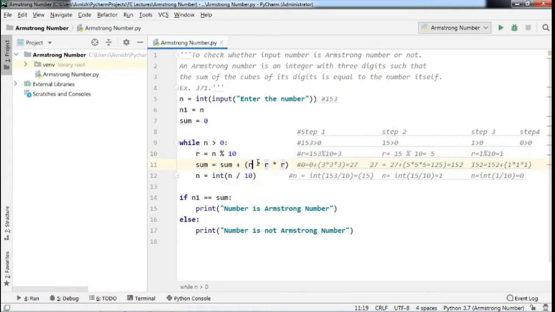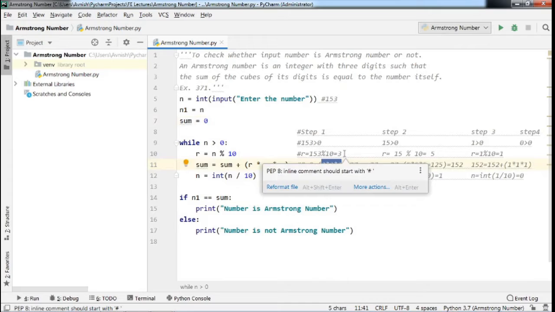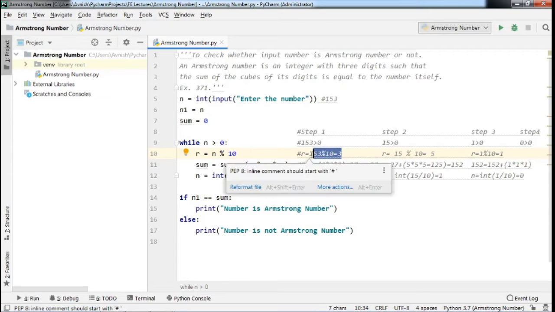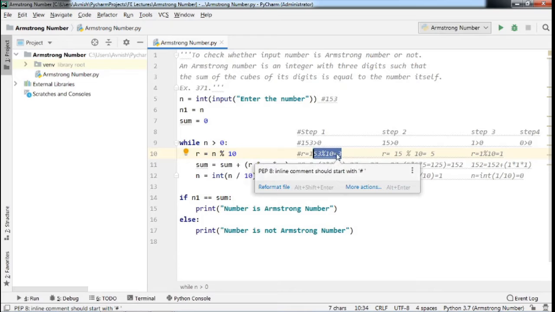In the next step, we are finding the sum. We already took sum as 0, so initially sum is 0. Sum is equal to 0 plus r cubed, where r is the value calculated in the previous step.